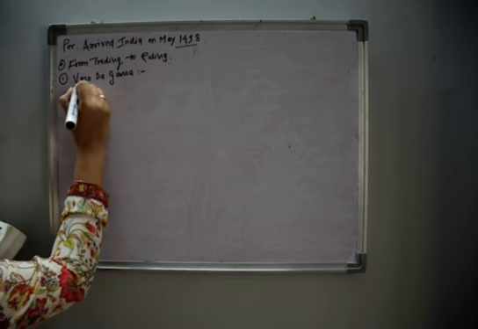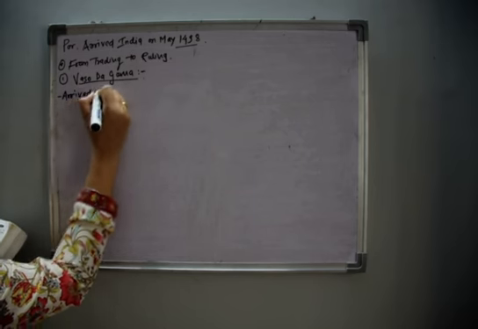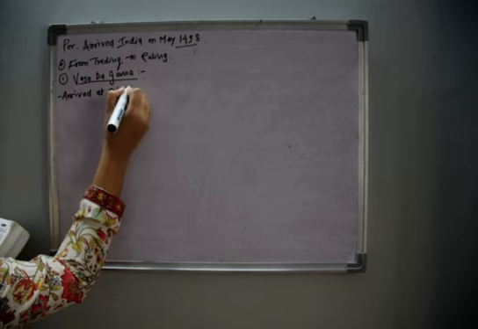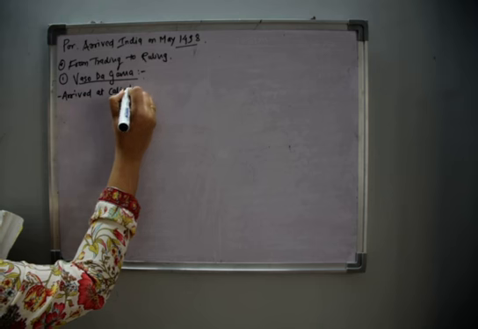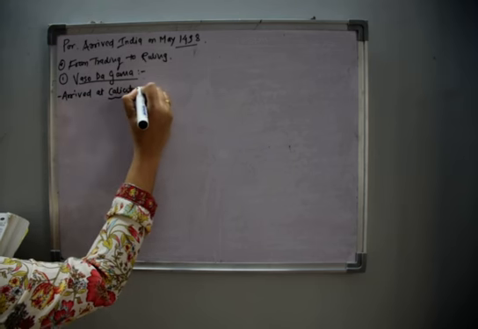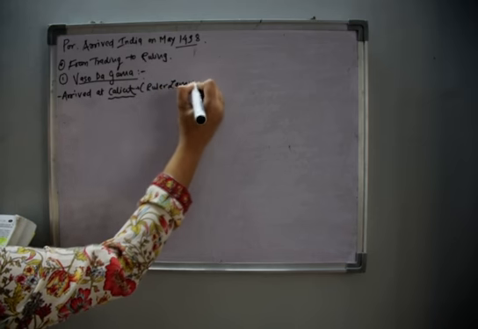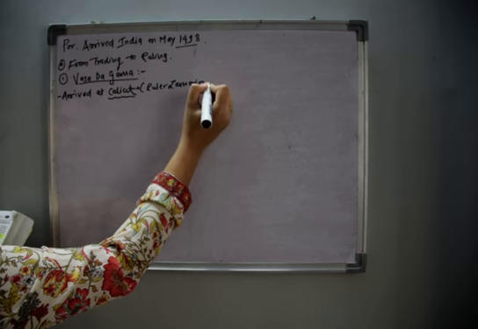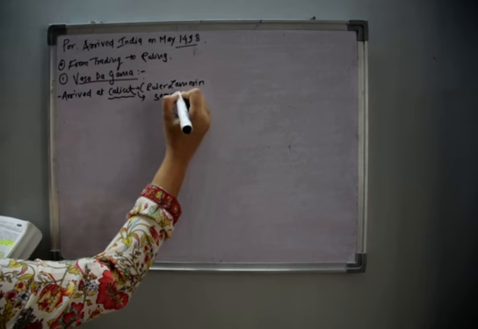So Vasco da Gama, where did he arrive? Arrived at Calicut in May 1498, as we have already written. The Hindu ruler of Calicut was the Zamorin, who was also known as Samuthiri. Okay, so he arrived at Calicut, and the ruler of Calicut at that time was the Zamorin, also known as Samuthiri.